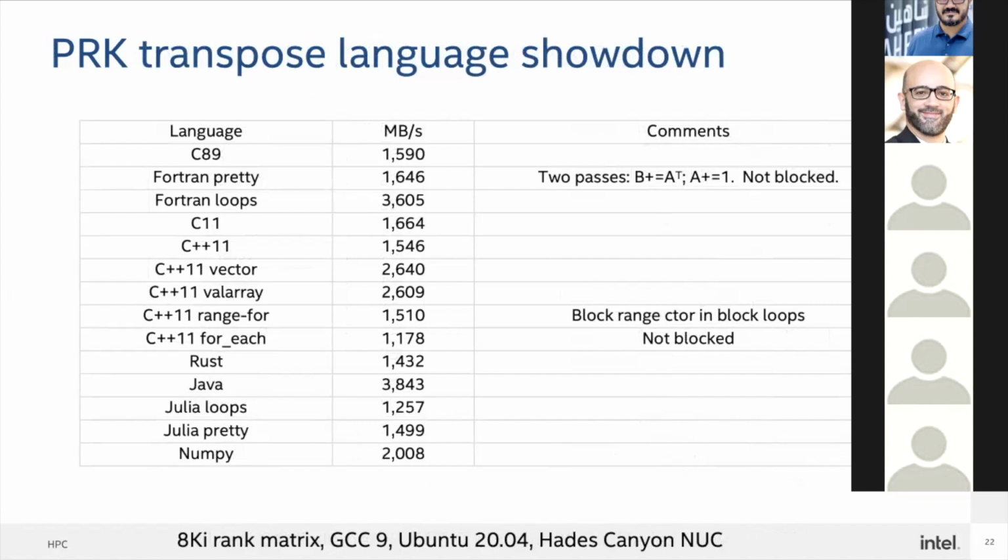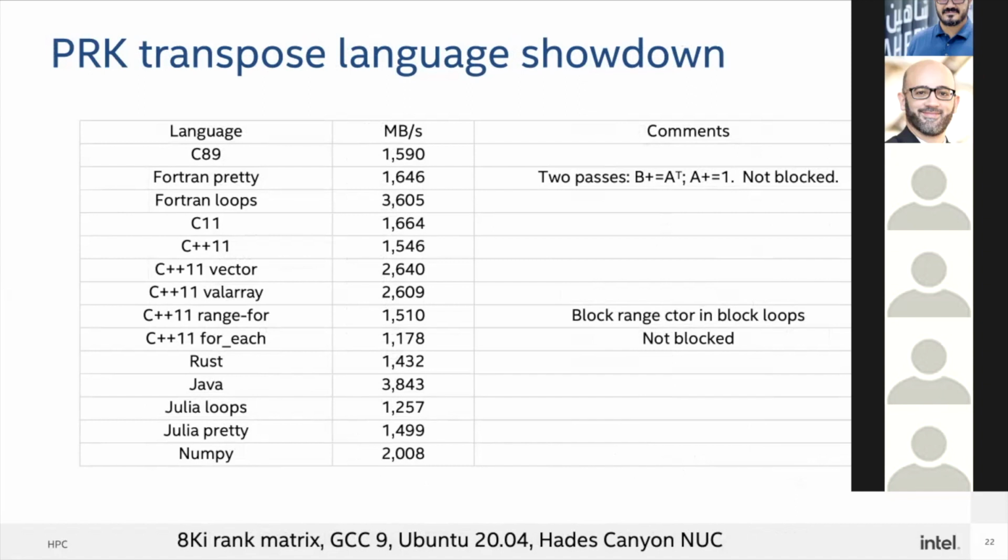This includes some differences in implementation, and for that I apologize, but I don't always have the ability to write exactly the same code in every language, because not every language has the exact same features. So when possible, the loops are blocked. In some cases, you can't make the intrinsic block. Well, it could, but you don't know that. And I know in the case of the compiler guts that they don't for some of these Fortran things.